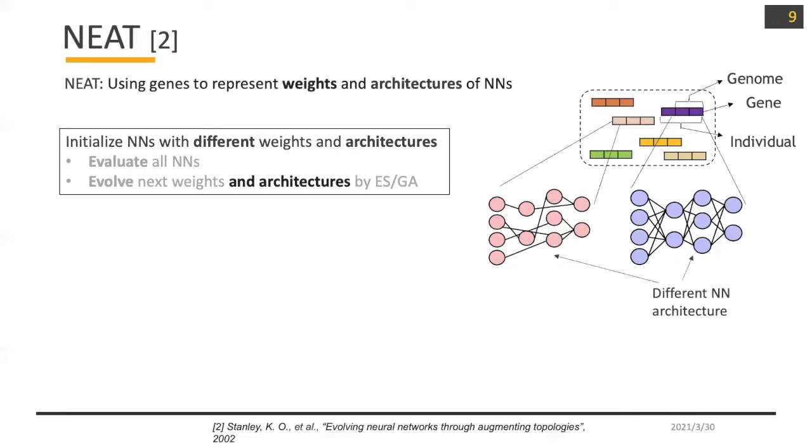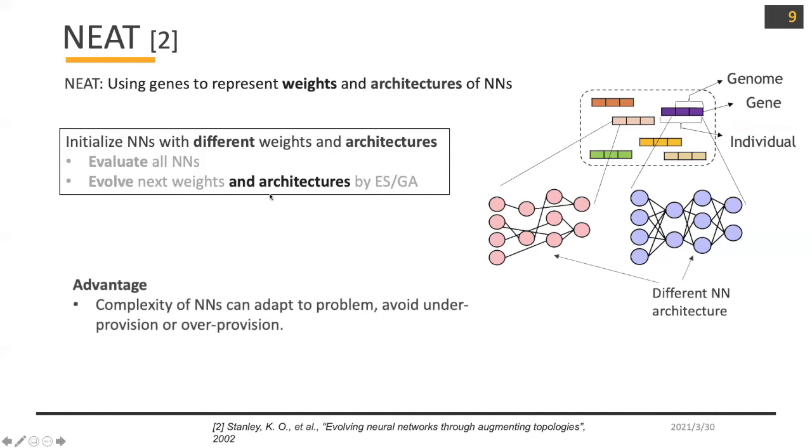NEAT is a variant of neuroevolution. The only difference is that it uses genes to represent both the weight and architecture of the neural network. As an example here, each individual can represent a different neural network with different architecture and weight. So the algorithm is the same. The only difference is that it involves weight and architecture together. The advantage is that the complexity of the neural network can adapt to the problem now and avoid under-provision or over-provision